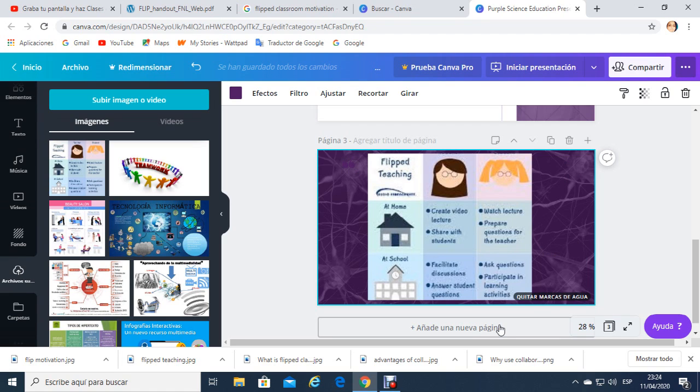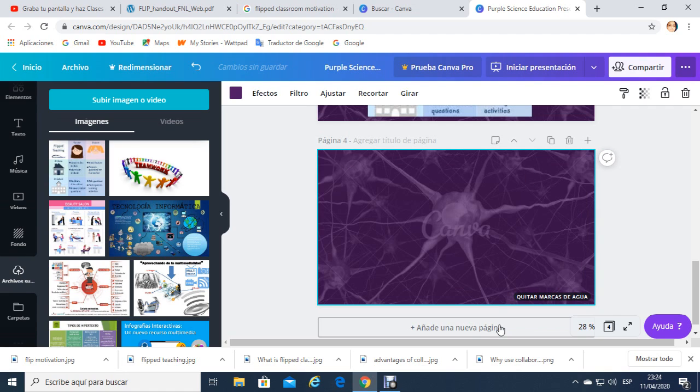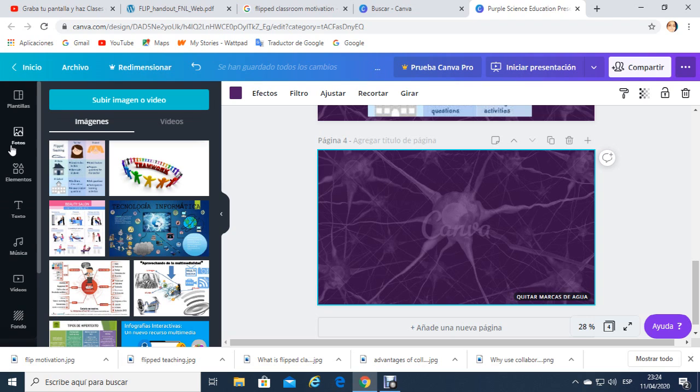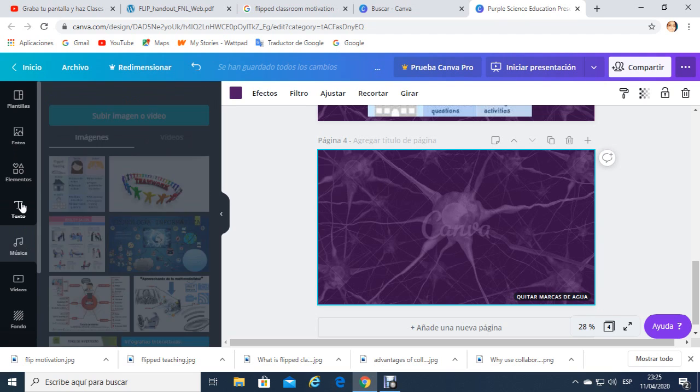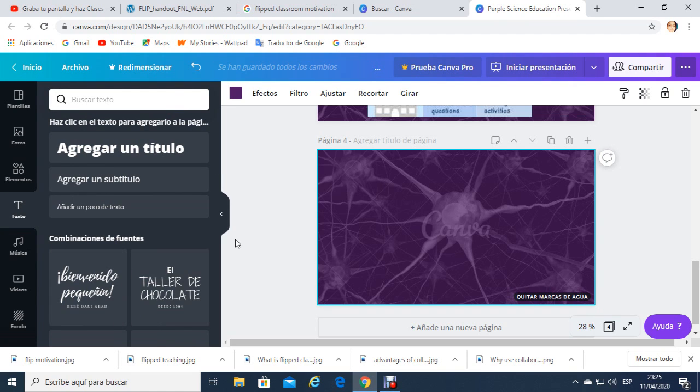Now I want to put, sorry, another page. If you see, we're using Canva. This is like a logo that I can use to represent my presentation. For this I have to add, let me see, the different kinds of information related to it. Here we have, let's add another one, another combination related to